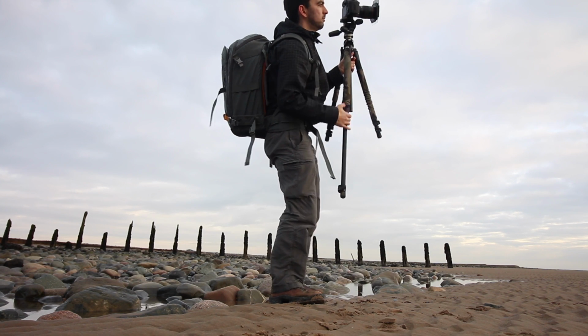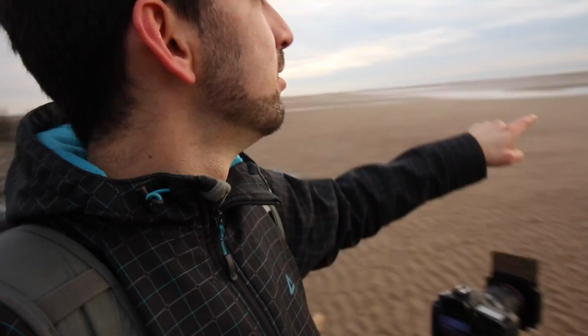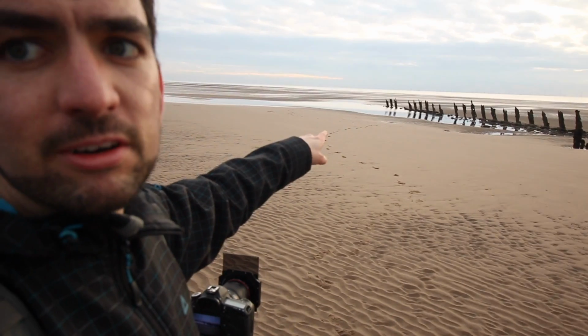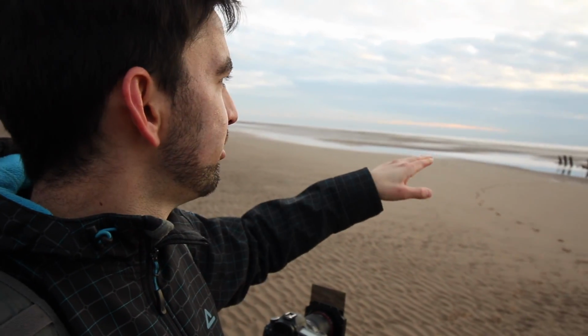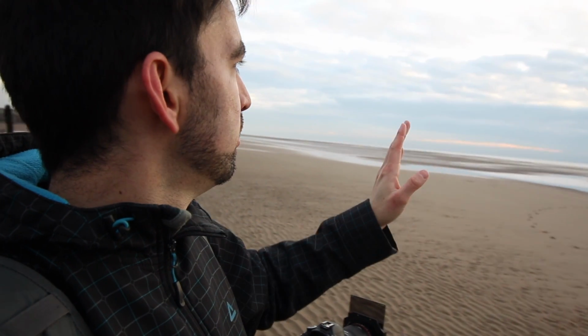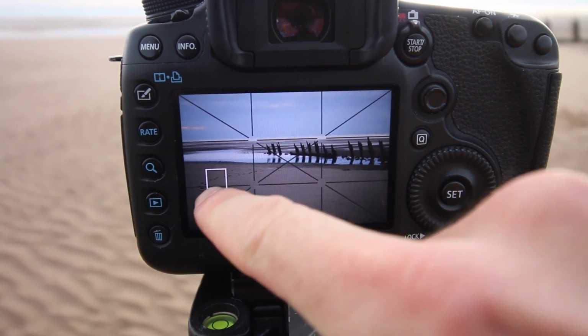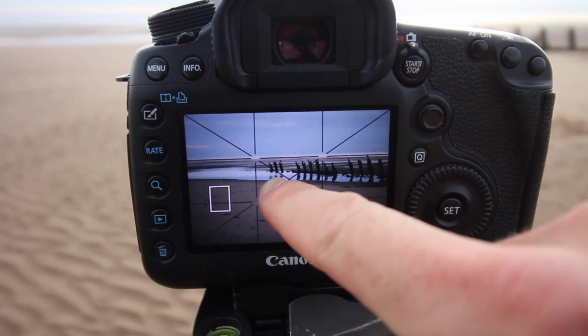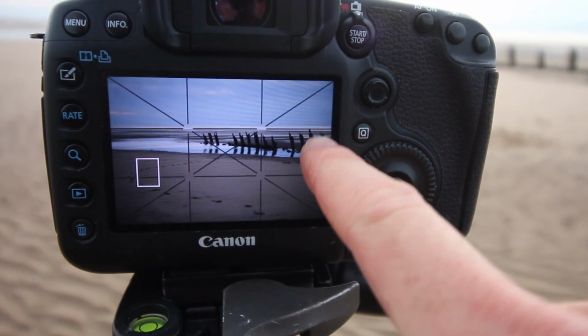So, raise it up slightly. Still got the 100mm on, and going to get this path leading down to that little bit of water that we just photographed with the stick sticking up. And what I've tried to do is, the footsteps are starting back here and curving round, then you get the reflections here, and you can't see it very well on the back of the screen, but